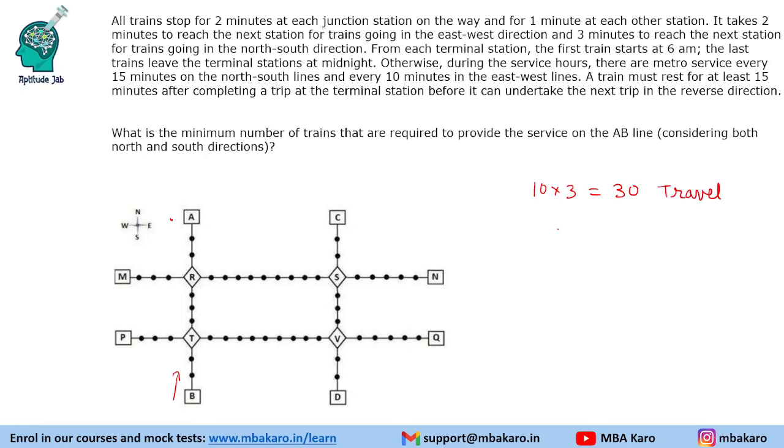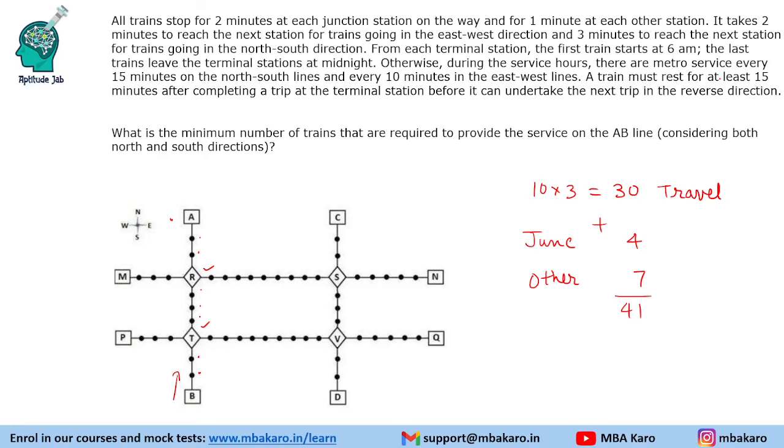Then we have stoppage due to junction. So there are two junction stations. So the train will stop for 4 minutes in between. And there are 1, 2, 3, 4, 5, 6, 7 other stations, and that stop time is 7 minutes. Now another important thing is, although it will reach here in total 41 minutes, but it is given that